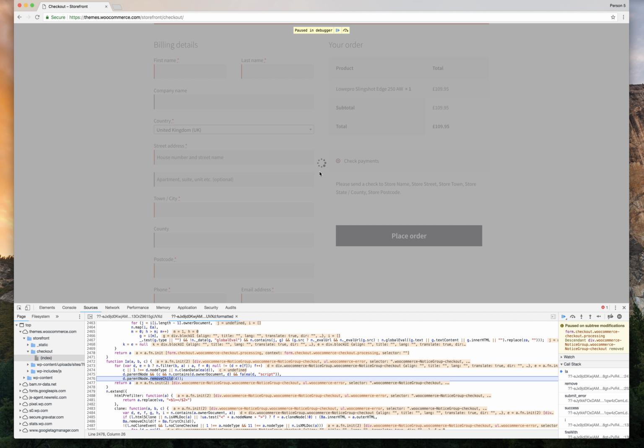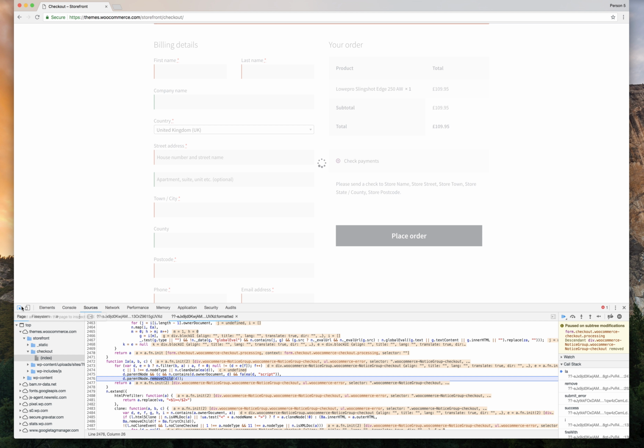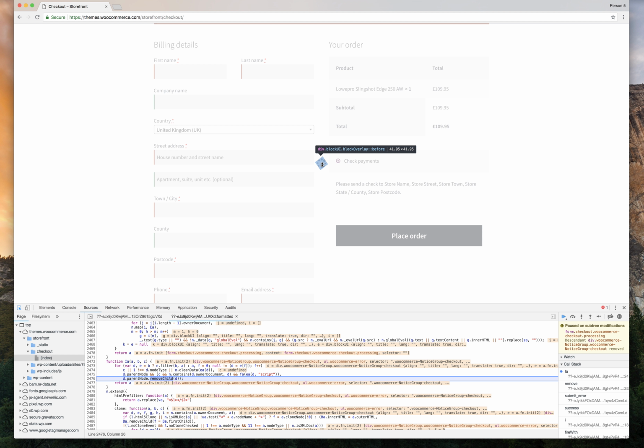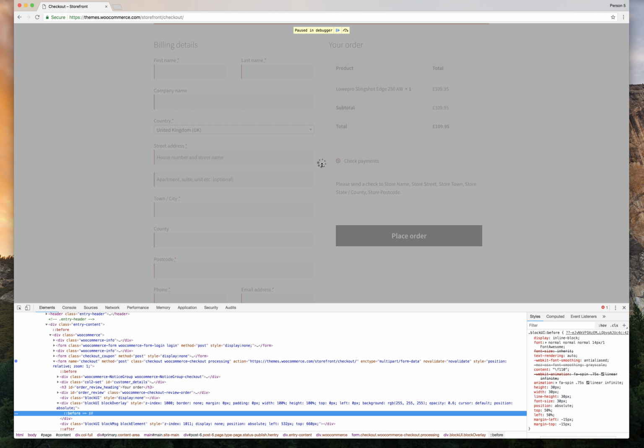there we go. The loader is displayed now on the page. So this is exactly the point where I want to start styling the element. If I now click the select icon, notice the overlay in Chrome goes away. That's really useful if that little overlay is getting in your way. So now if I click that icon there,